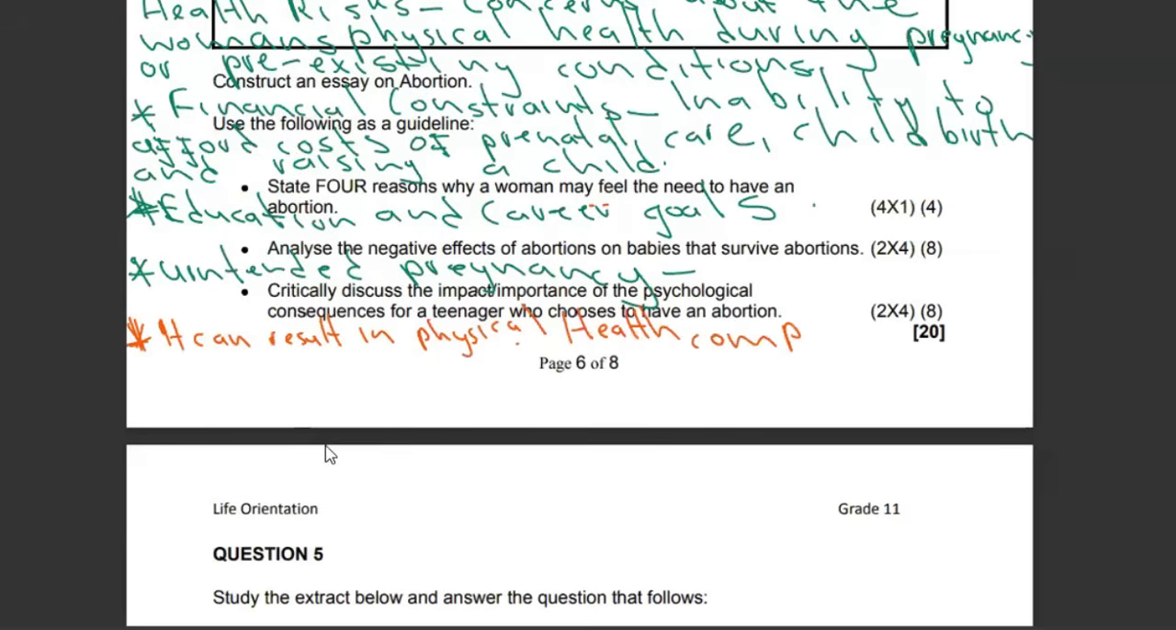It can result in physical health complications, including premature birth, respiratory problems, and developmental delays. That is one thing. Then in addition to that, it might also have an emotional